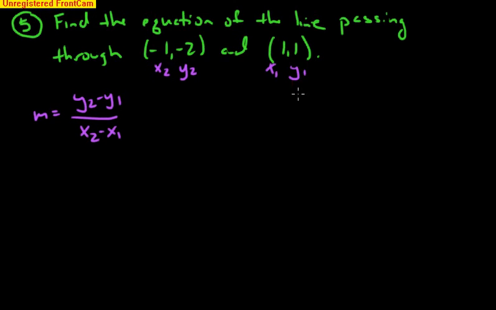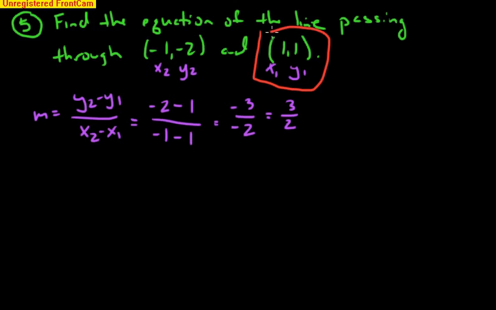Okay, and I'll plug them in because I want to use this point later, and I'll show you why later. So y2 is -2 minus y1, which is 1. x2 is -1 minus 1, minus x1. So you get -3 over -2, and all you need to do is cancel out the negatives, 3 over 2. So now I'm going to use this point, because it's the easier point, and this slope,